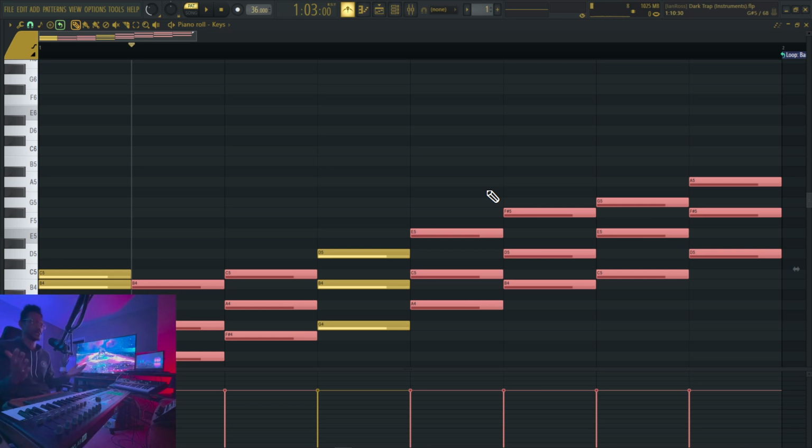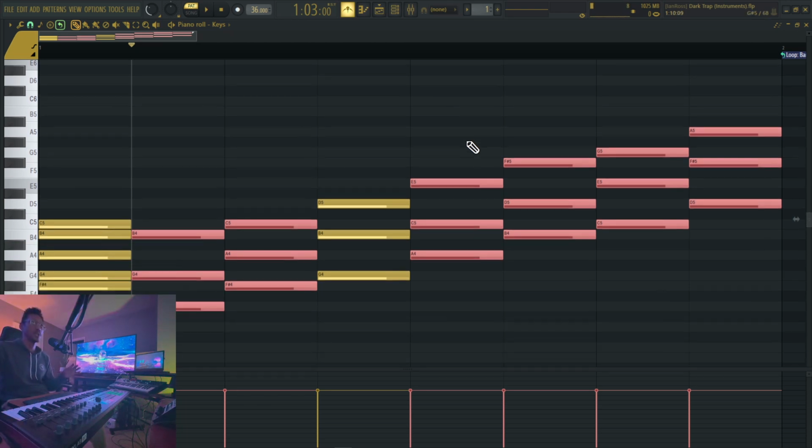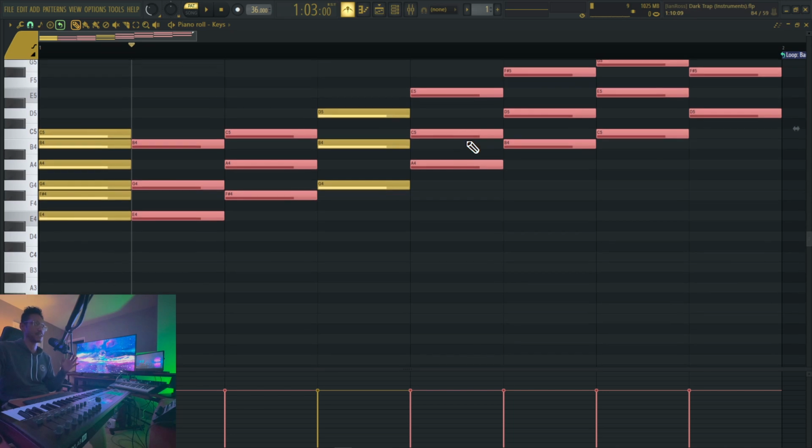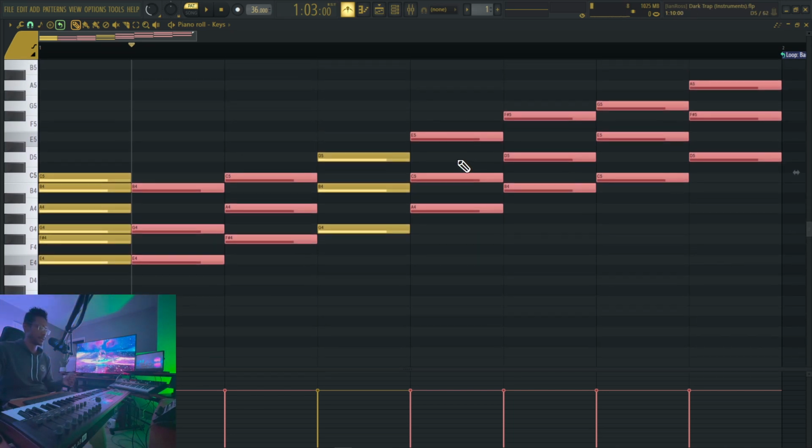What are inversions? Inversions give you the ability to play throughout the keyboard, create more interest, even though you're playing the same notes over and over again. It's delivering a different tone, and a different overall feel, even though you're playing the same chord over and over again. So instead of choosing 4 of these different chords and trying to make a progression out of that, which you can, what I recommend doing if you're really trying to stay dark and make traditional dark trap,